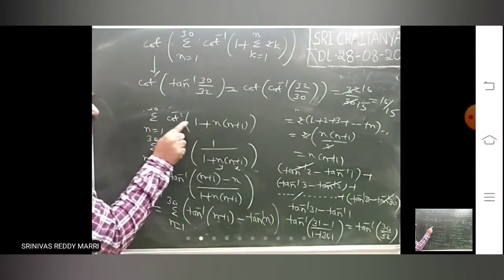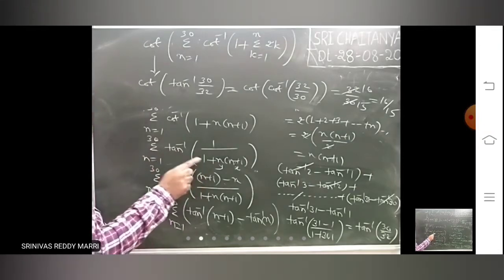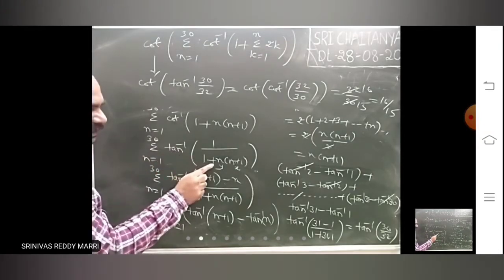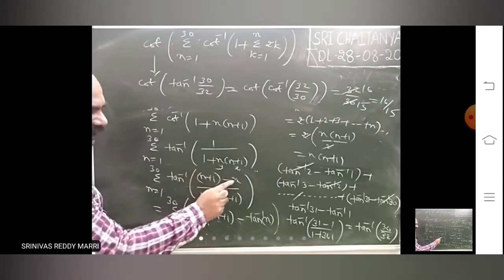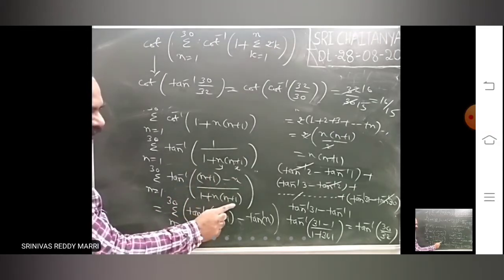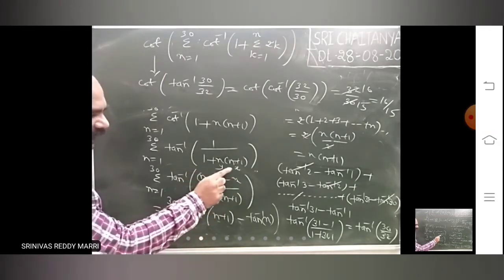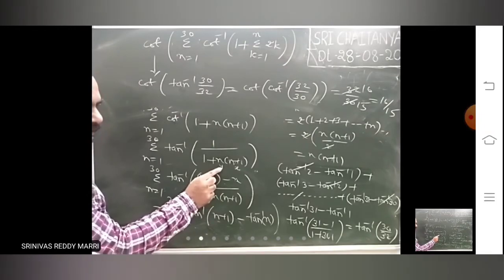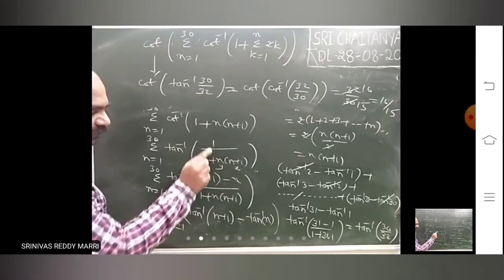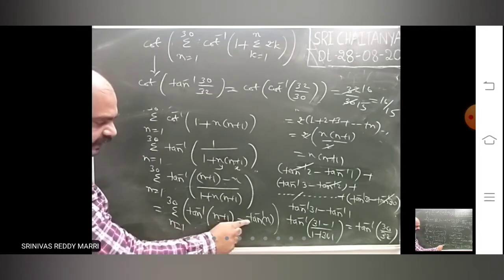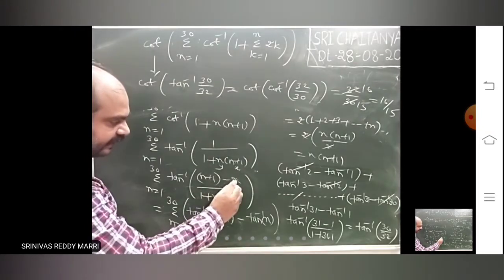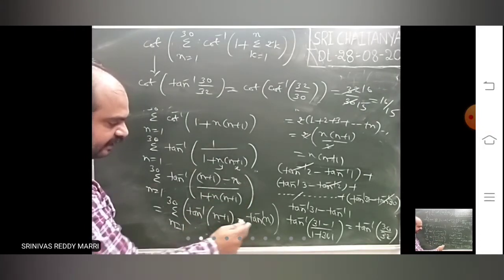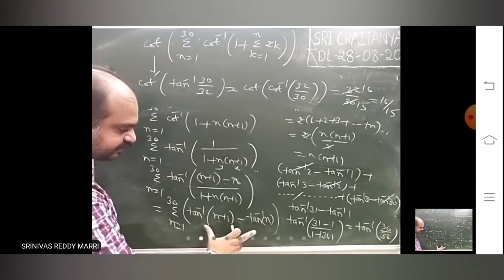Whenever cot inverse is there, you convert into tan inverse. Because if tan inverse is there, series can be easily calculated by converting it to tan inverse of x minus y by 1 plus xy. Here directly x into y is there luckily. That's why x minus y is what? 1. This I have written. And then this is tan inverse of x minus y divided by 1 plus xy means what? Tan inverse x minus tan inverse y.